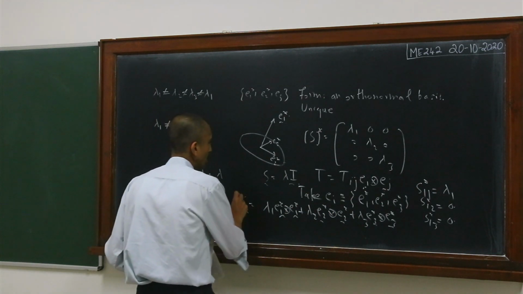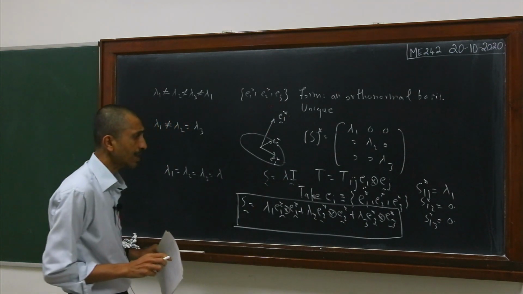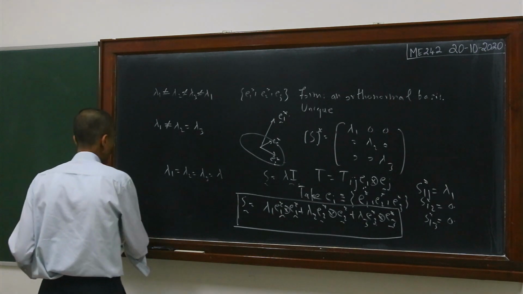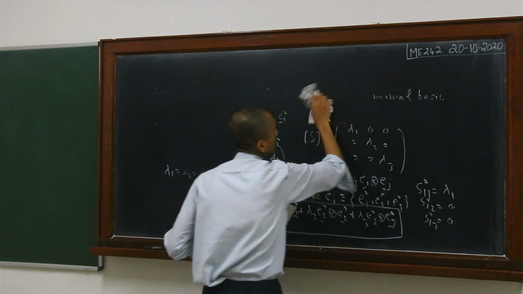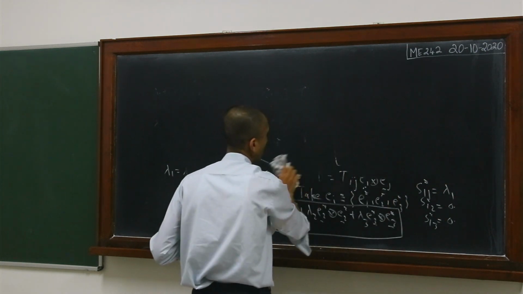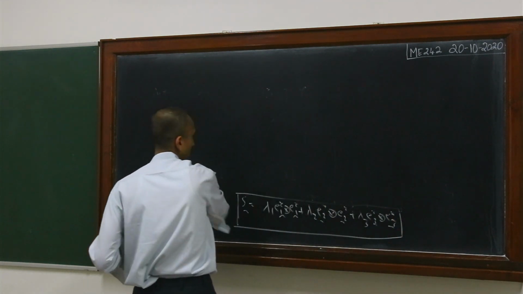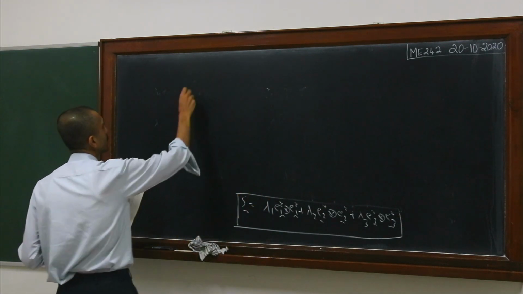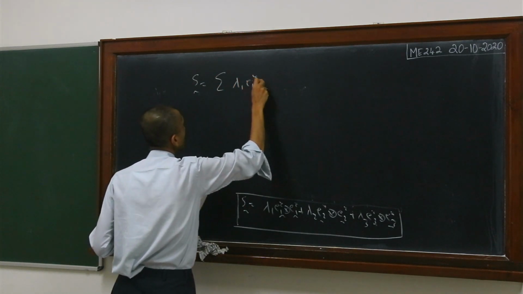And this representation is extremely useful for proving various kinds of formulae or properties of symmetric tensors. As I said, this is going to be a very key representation of symmetric tensors. A lot of proofs related to symmetric tensors will rely on this critical identity here. If you want to write this in summation notation, then you write it like this: lambda I EI star dyadic EI star.